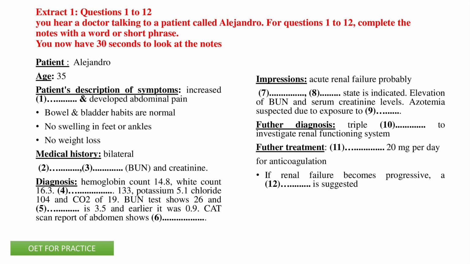I advise you to undergo a triple renal scintigraphy to investigate the 3 phases of your renal functioning system. In this diagnosis, a small amount of radioactive substance will be injected into your vein that is taken by the kidneys. This diagnosis involves the use of radioactive substance to investigate your kidneys and assess their function. Thank you, doctor.